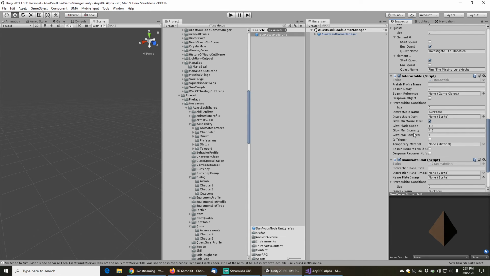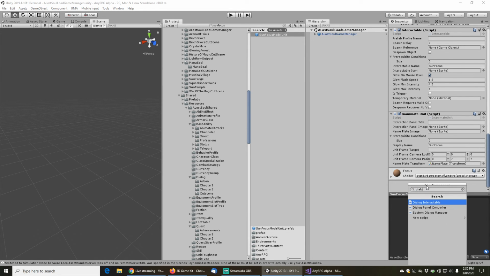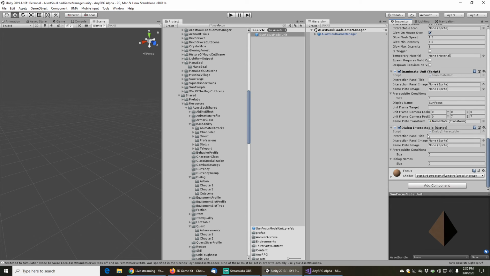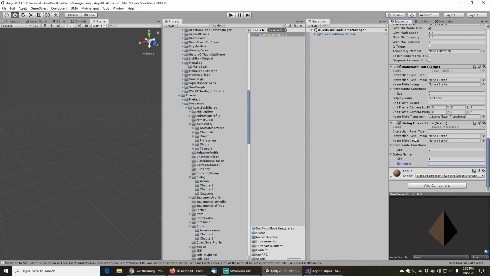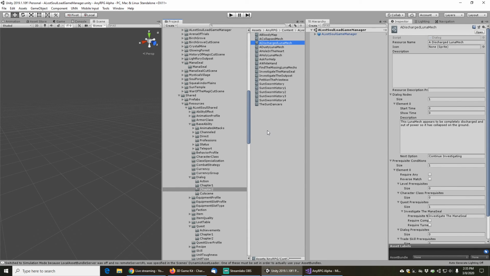I think I actually want to make another dialogue for the sun focus. So what I'm going to do is add a component to him, and I'm going to add a dialogue interactable. And I'm going to give it a dialogue, and we'll call it an unlit sun focus. I'm going to hit Control D to duplicate any old dialogue and call this one an unlit sun focus. Change the title here to an unlit sun focus, and